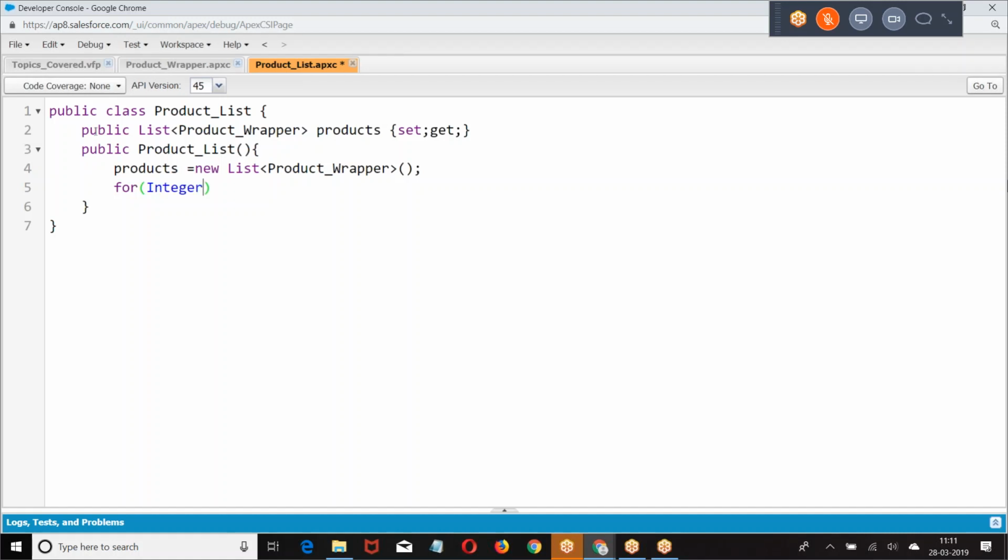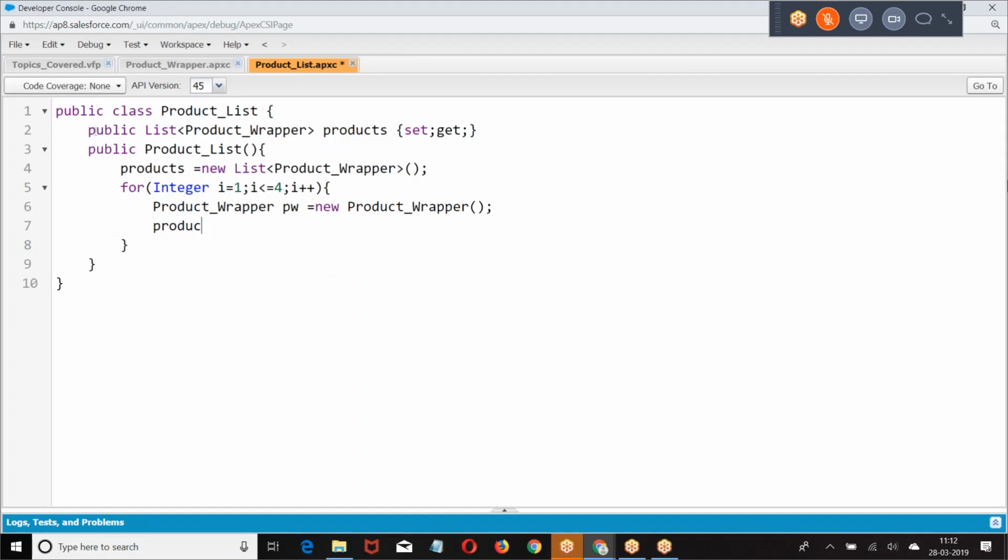I was taking an integer i equal to 1, i less than or equal to 4, i plus plus. So how many elements are added? 4.